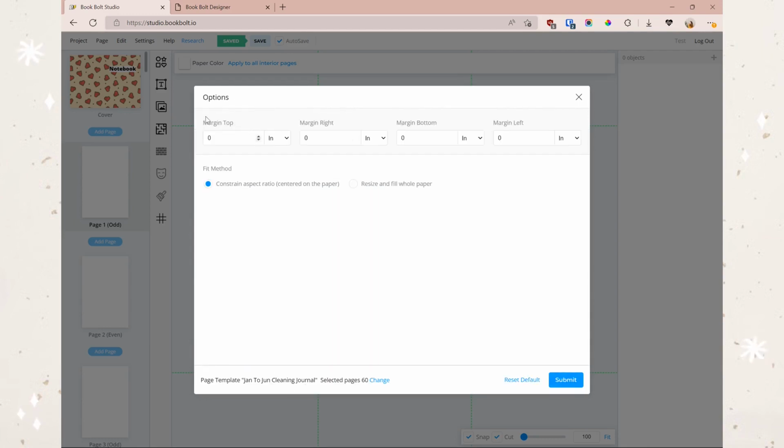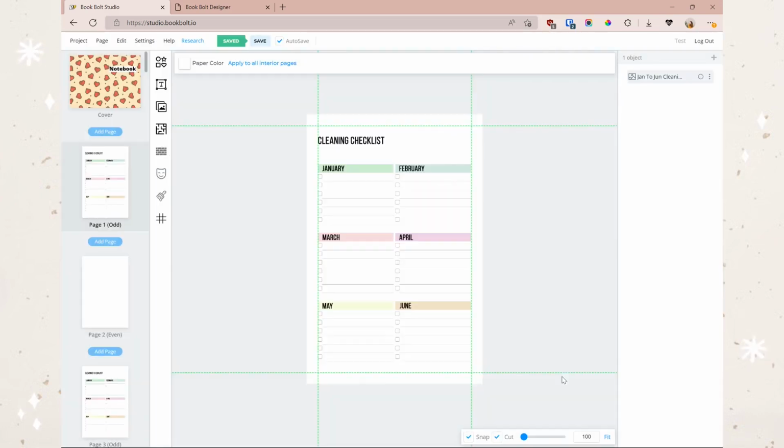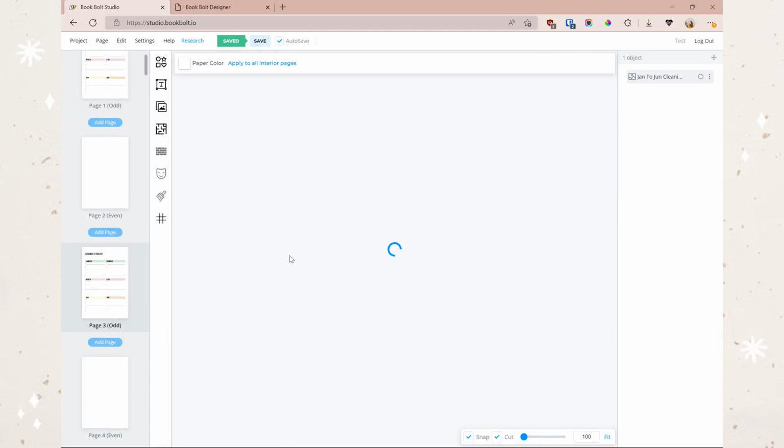I click next, and then I can edit this here if I want. I can edit the margins, edit the fit method, and I think I would like centered on the paper, so I'll go ahead and submit that. And within like 3 seconds again, it just populated all of this, which is super awesome. And now let's go back and worry about that